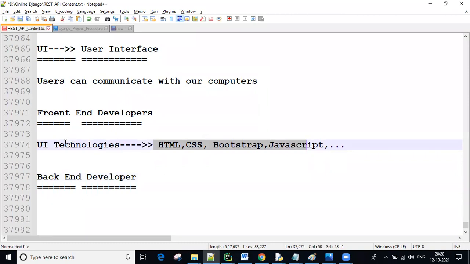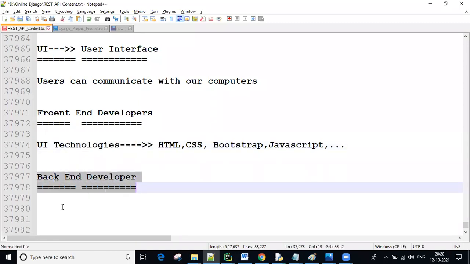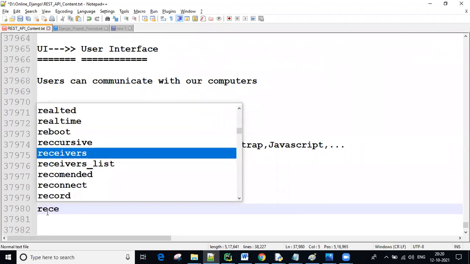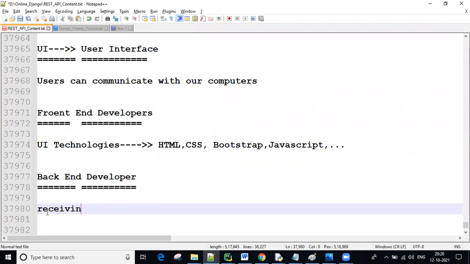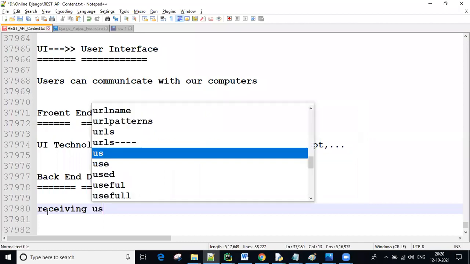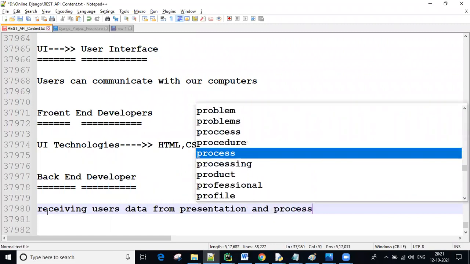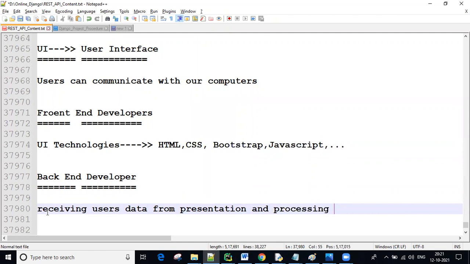Receiving the users' data from the UI or presentation, and processing this data, whatever they want to do. This is the main point.